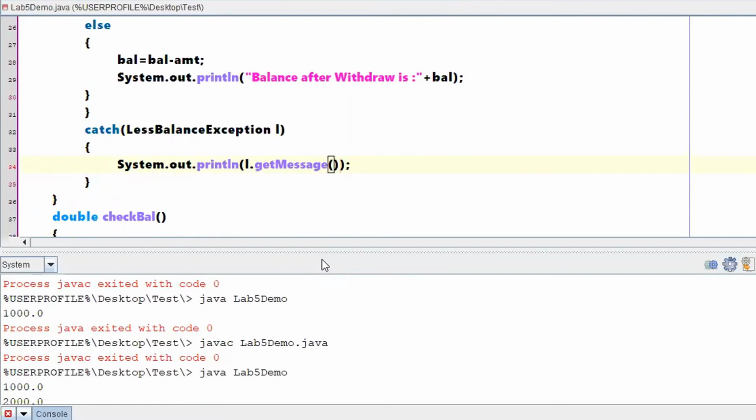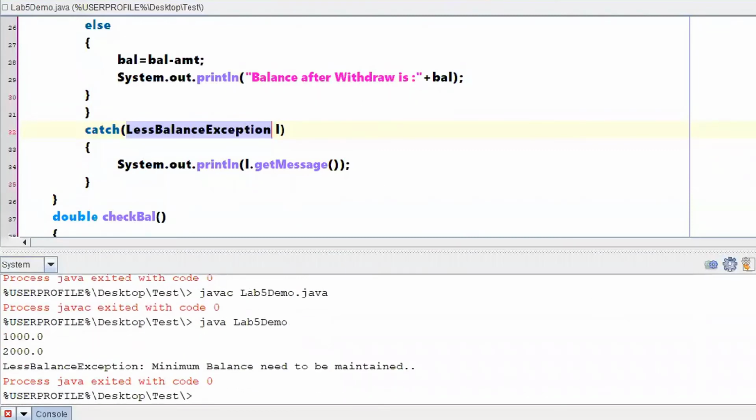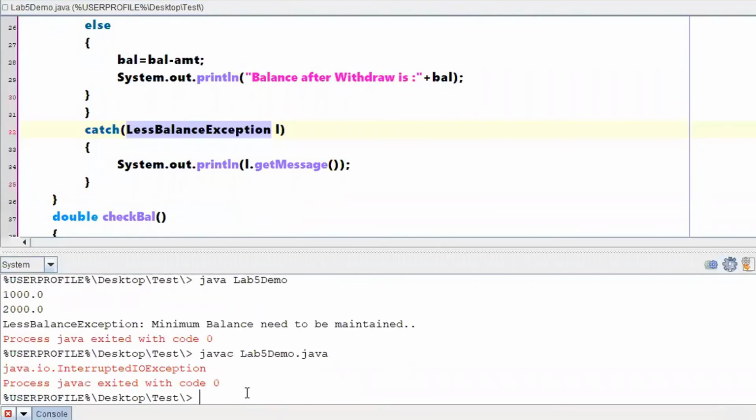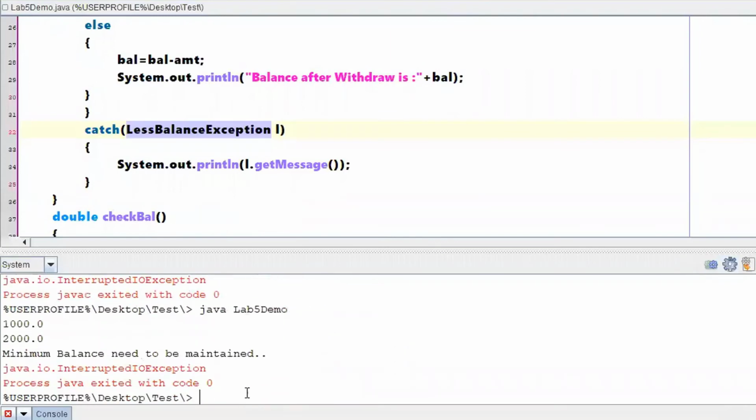This is the method of that particular exception object, right? If I'm using e dot getMessage, the class name of the exception will not be printed, just the message. I'll show you the difference.